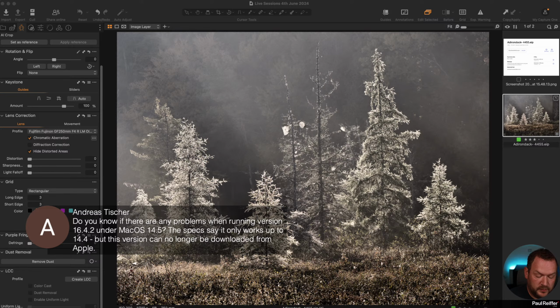I'm just having a little quick look. I don't believe that there is necessarily an issue. I've not seen it. Just one thing to bear in mind with any support for Capture One, and actually for any application that's out there. So if, for instance, you're on Sonoma, which I'm running here,